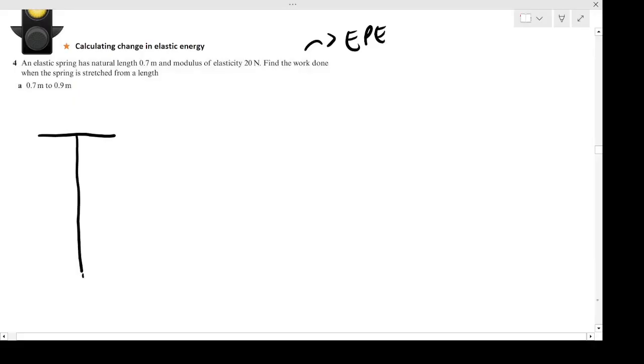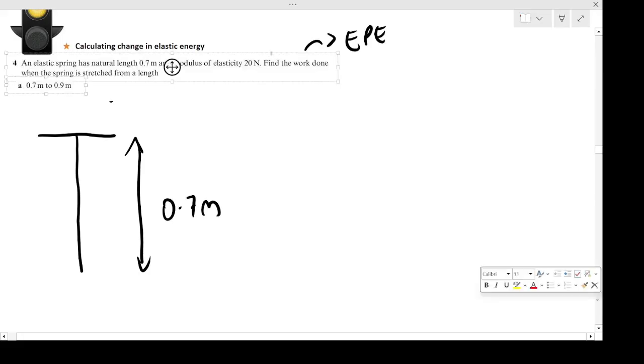So there we are. I'm not told there's any balls or particles, so I'm just going to leave it like that. It doesn't tell me anything at the end of it, but there we are. Now the length has to be 0.7. That's the length of the spring, but I'm told the natural length is 0.7. So actually there is no stretching going on here, because this length here is the natural length,